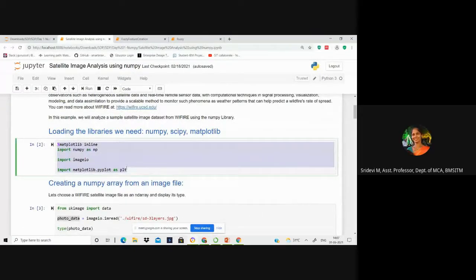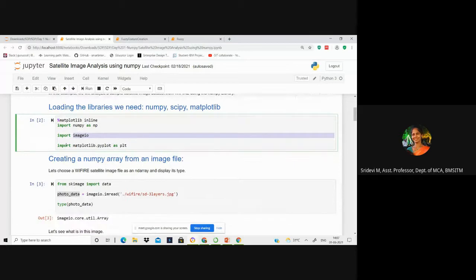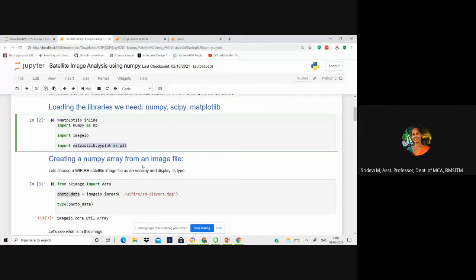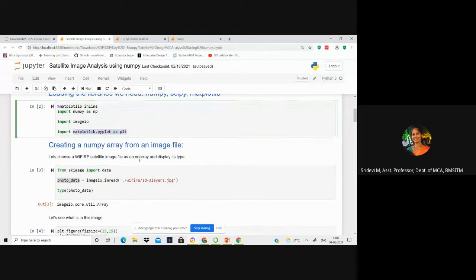Yes, ma'am. Okay. So these are the commands you need to load in order to get the libraries which we use for image analysis into your Jupyter notebook. This is the magic function which brings matplotlib inline. You should also import NumPy in order to work with image pixels as n-dimensional arrays. You have to use the imageio library to get the image into a variable, and matplotlib.pyplot should be used to show the image in your Jupyter notebook.